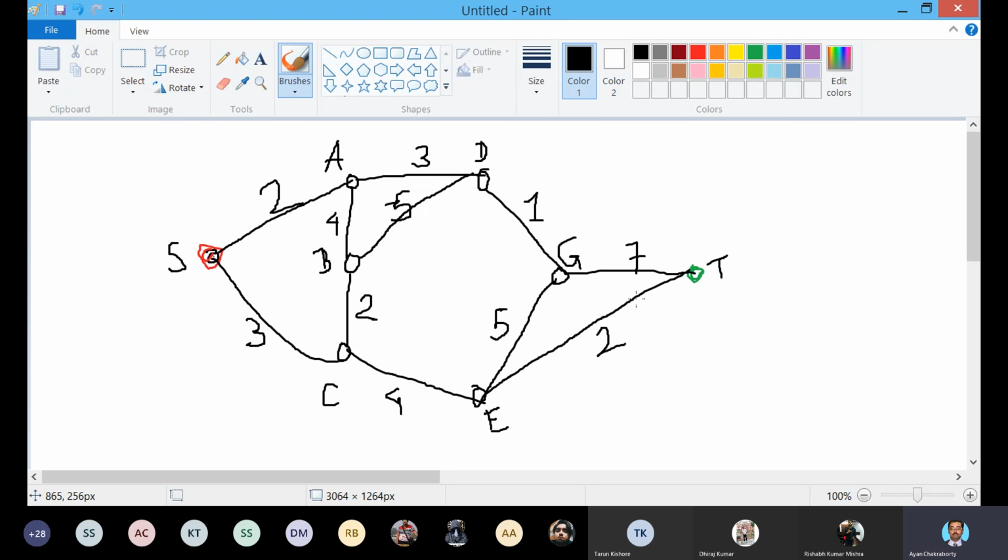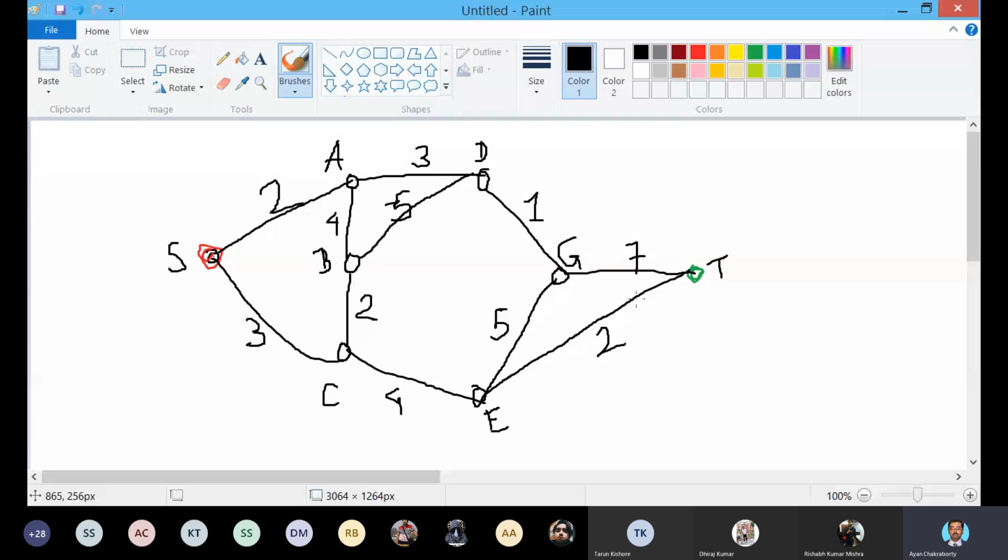According to it, we explored the adjacent nodes A and C of S. Between these two nodes, we have to select one to proceed further. How do we select one? We select the one with the minimum distance from S, and we proceed with node A. That is the logic of the simple hill climbing algorithm.